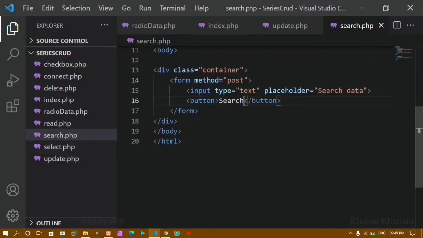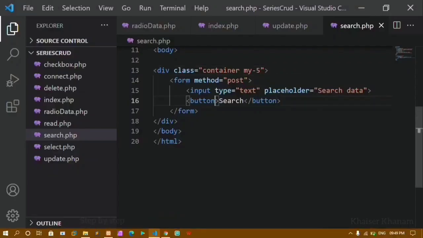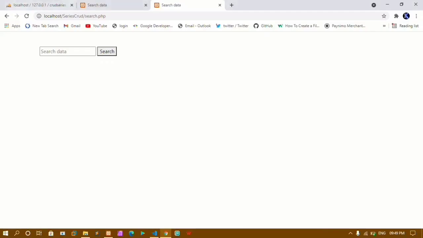Okay, now we are going to add some styling here. I'll just give here margin. I'll save this, and now if you see here I'll be getting some space from above. Now for my button I'll just give the class name. Class I'll be giving btn dark. I'll save this, and now if I refresh this one you can see I'm having this button here.